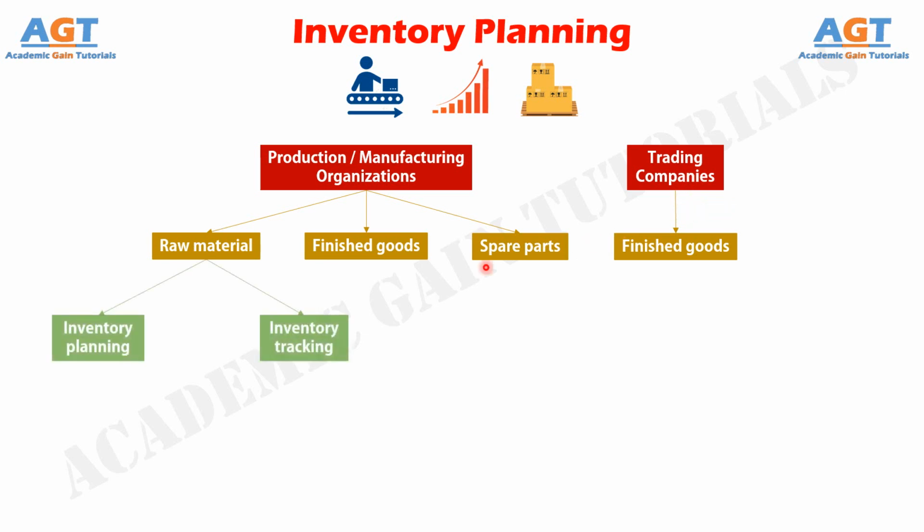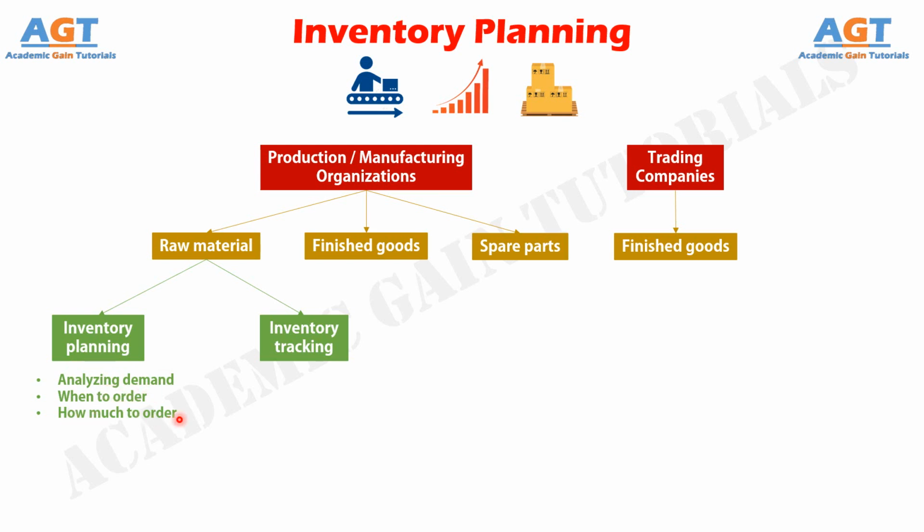In case of raw material inventory, the management function is essentially dealing with two major functions. The first function deals with inventory planning and the second being inventory tracking. As inventory planners, their main job consists in analyzing demand and deciding when to order and how much to order